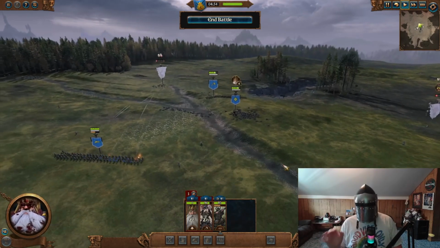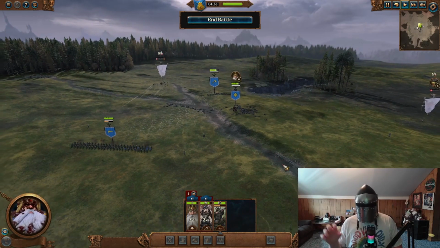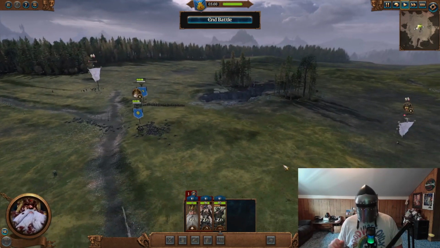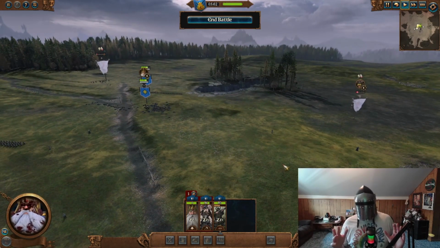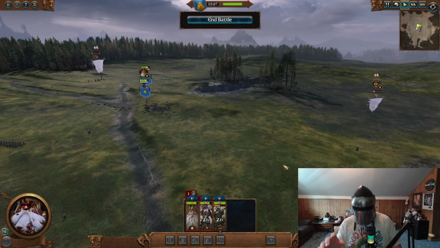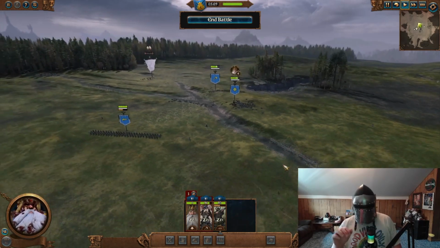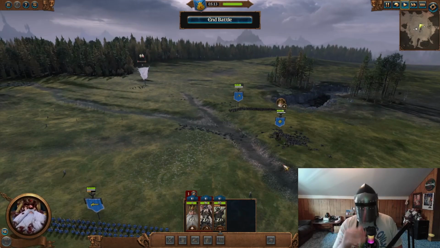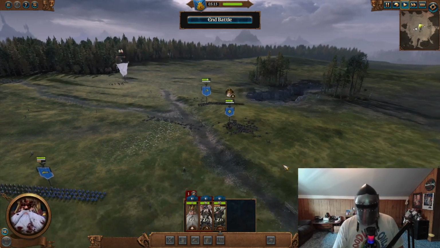advantageous it is to have a piece of high ground when you're a defending faction like the Dwarves or the Empire, because it really does help a lot with just being able to whittle your enemies away, because all of your missiles are able to fire, whereas before, if you have melee infantry blocking, you can't really fire